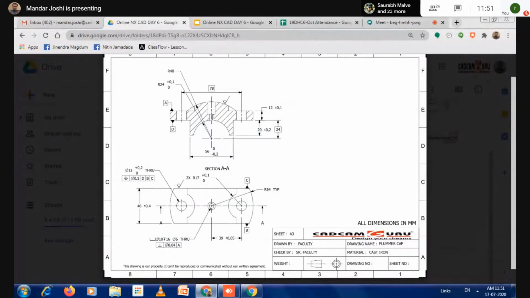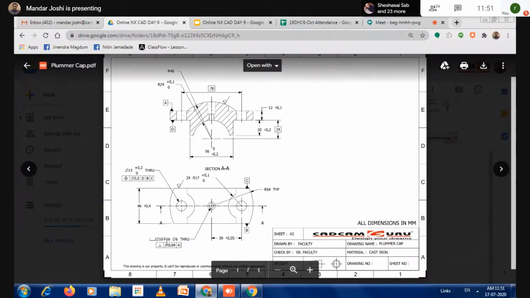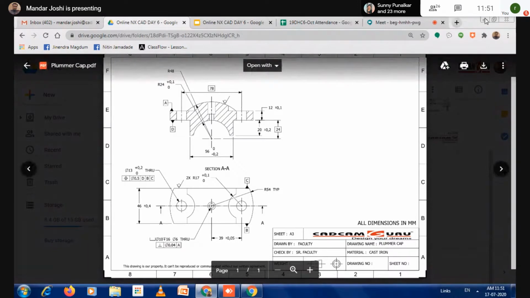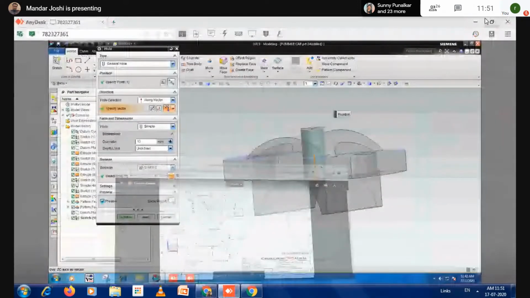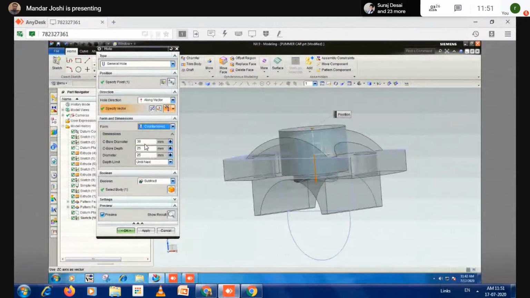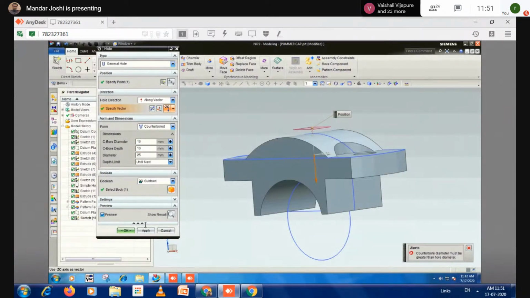The depth of hole is how much? How do you find the depth? 16. Where is it given? Yes, in the top view, correct. 16. Diameter of counter bore is 10. Depth is 16. Okay. Counter bore, so the type of hole I am choosing now. Counter bore here. Diameter is 16, counter bore depth is 10.